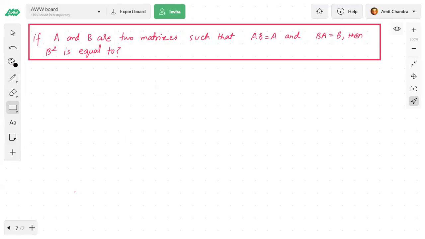Yes. Correct. No, not identity matrix. Try to solve it. It's a very simple question. No, not one. B is a matrix. How can it be one? Not identity matrix. Think about it. No, not one. B is the answer. Yes, correct. B will be the answer. So answer for this one is B.